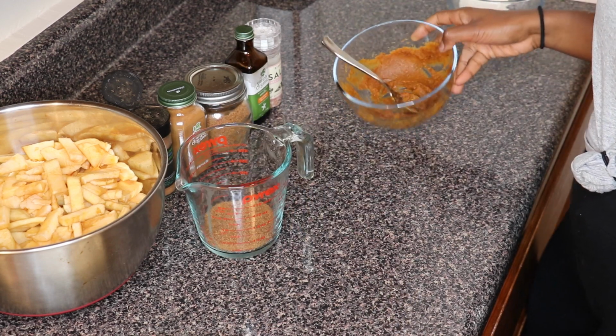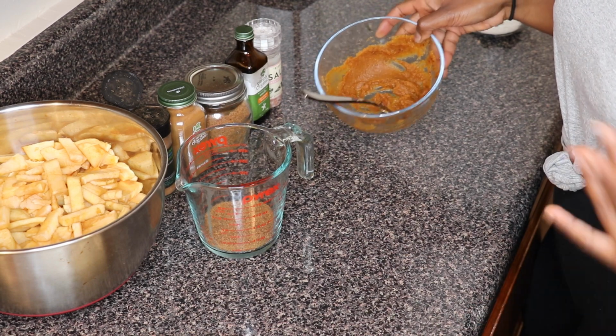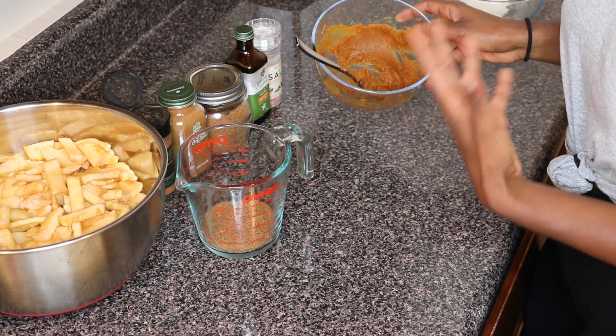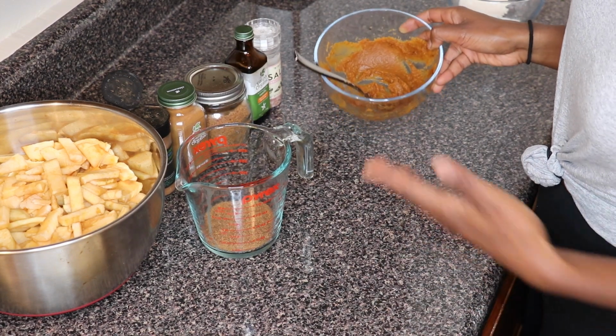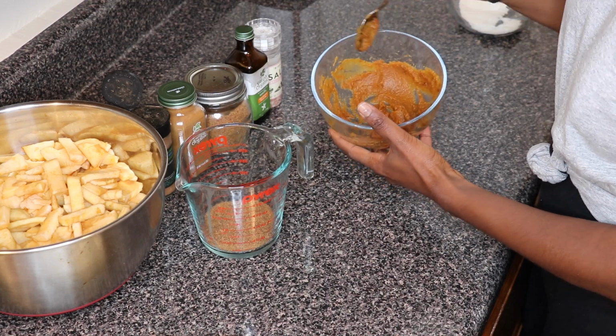I have the pumpkin puree here. This is more how you want it. You can taste it. I taste it and smell it. That's how I determine how I want this pumpkin puree. And the amount is very little. Like I said, I'm not a huge pumpkin fan. I just like a little taste of it. If you want more, you can do it. That's fine. In the pumpkin puree, I already mixed it together so it could just be nice and flavorful because